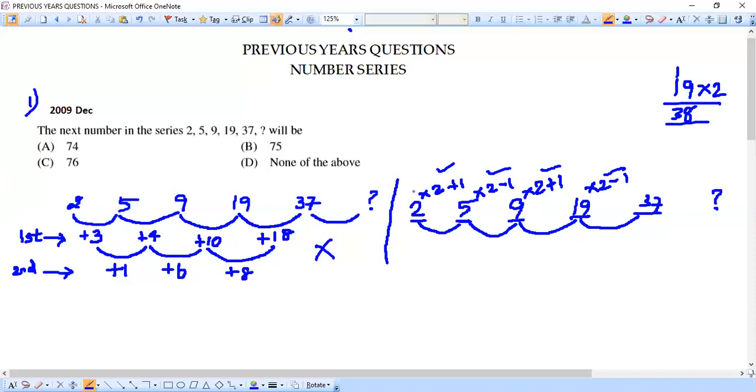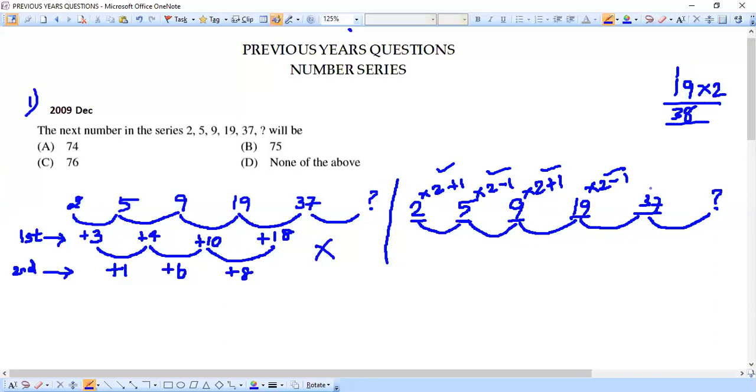So the multiplied numbers are all the same, into 2, into 2, into 2, but after that multiplication they are doing plus 1, minus 1, plus 1, minus 1 alternately. This is what they are doing here to form the sequence. So that means now it will be very, very easy for us to catch the very next term, which number comes here in the place of the question mark. We can very easily find it.